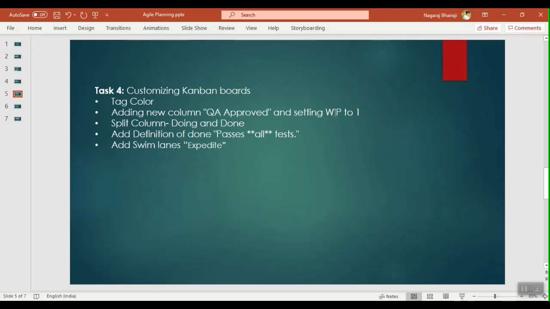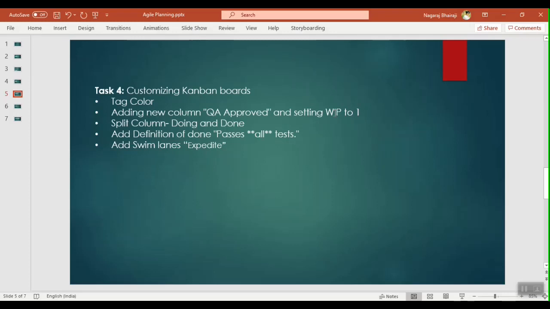So I can add more columns and set a work in progress limit. So at any point in time, I want only, let's say, 5 work items which are in progress. We don't want to add more items in the backlog, right? Too many in progress means the team is stressed out or we need more people. So we want to take a smaller number and limit adding more items in progress state.